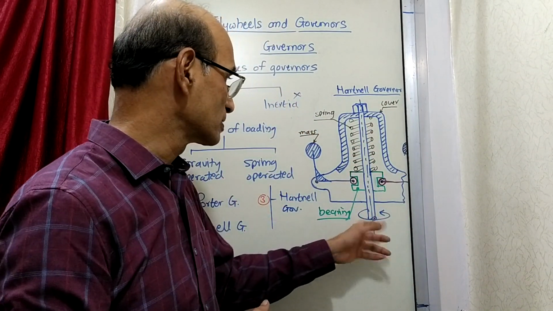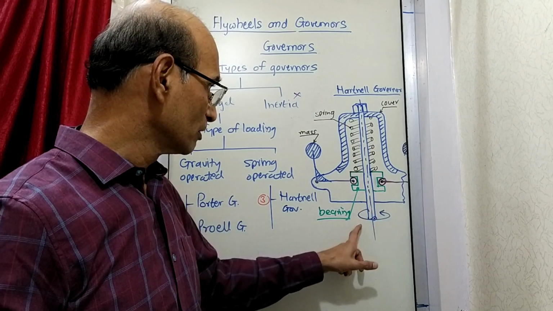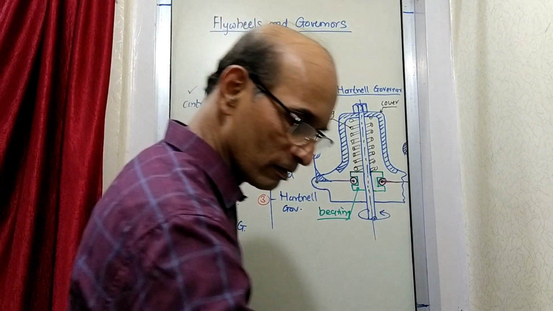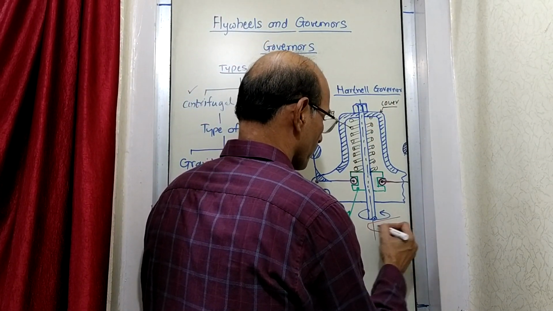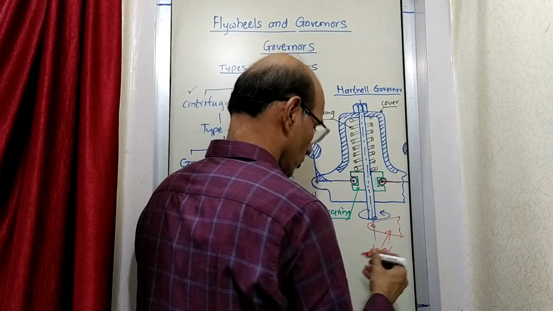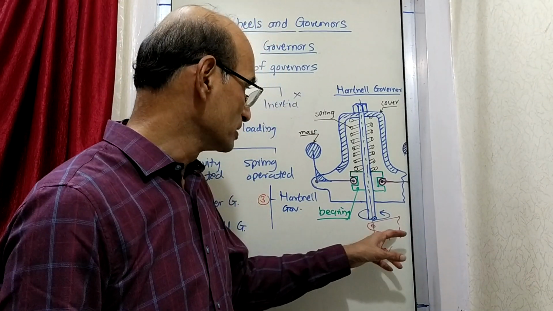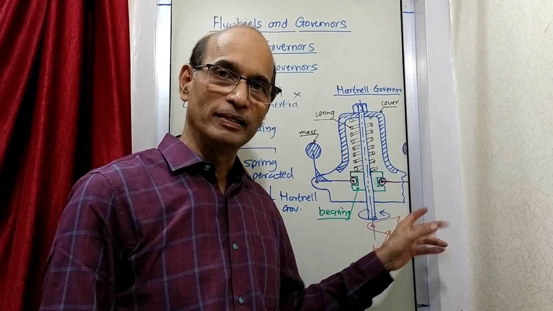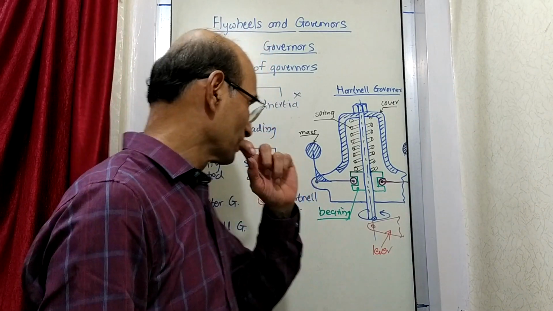And once that happens, the movement of this is that I have not drawn here. The lever etc. is present here. Okay, I will draw here the lever. Just we are representing the lever. The exact arrangement is not shown, but the lever is there which will take the movement towards the fuel supply device, and it will increase the fuel.